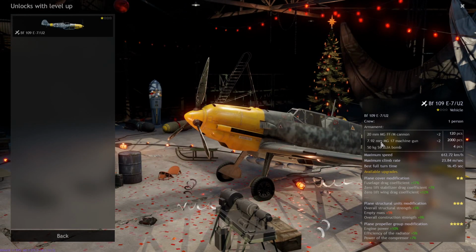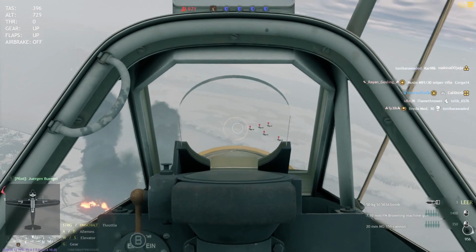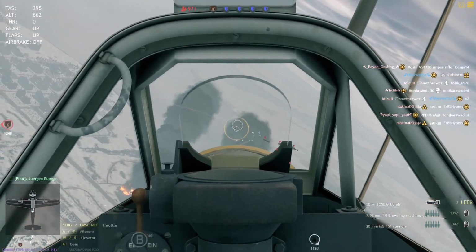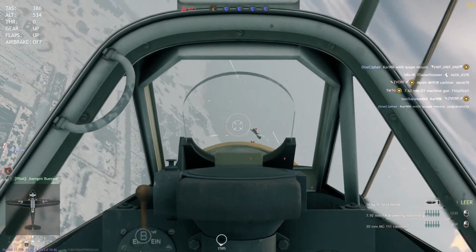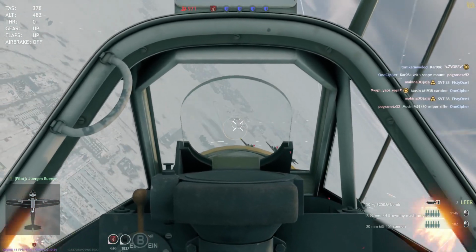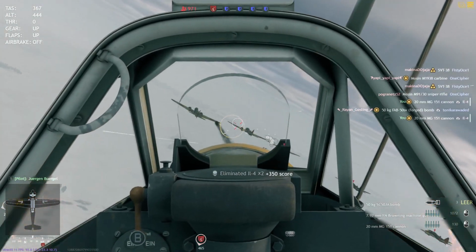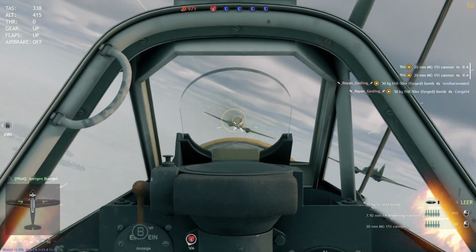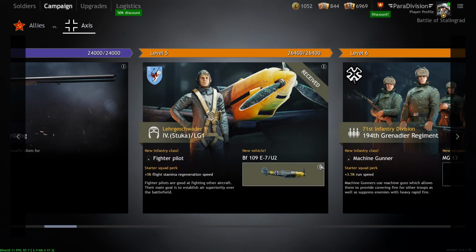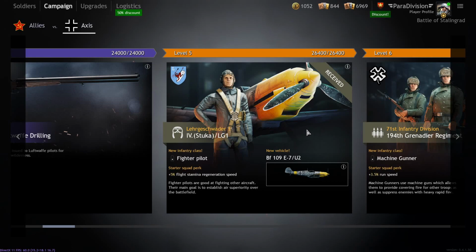You basically can't shoot down enemy bombers with your machine guns, but you can easily shoot down enemy bombers with your cannons. As you see, cannons are absolutely worth it, and having access to this squad at level 5 shows again Stalingrad